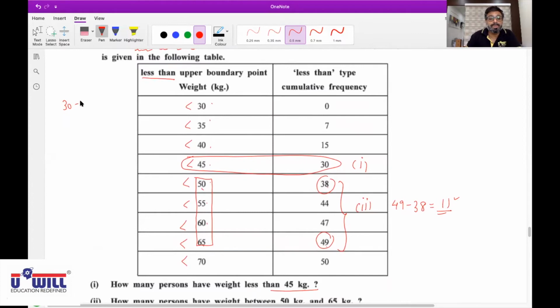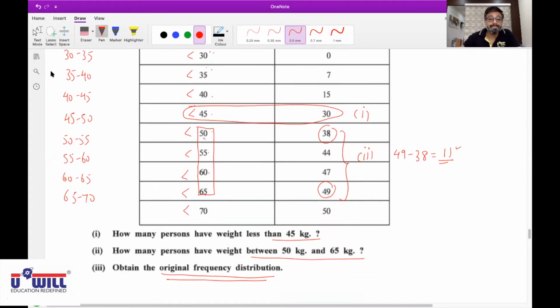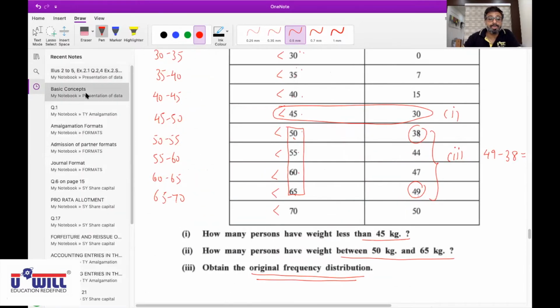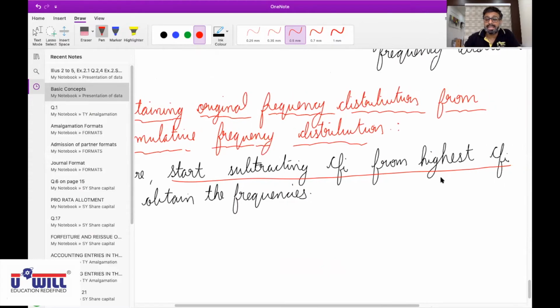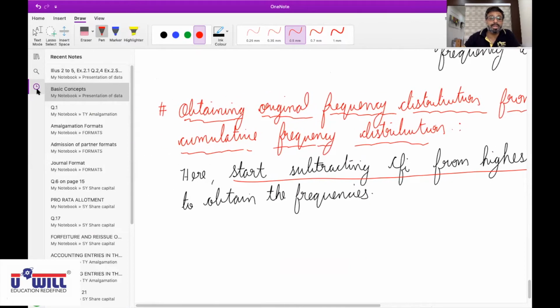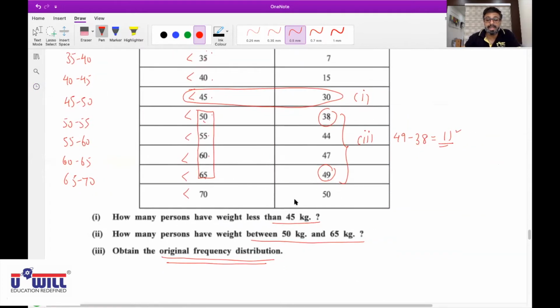Okay, classes you will write as 30 to 35, 35 to 40, 40 to 45, 45 to 50, 50 to 55, 55 to 60, 60 to 65, 65 to 70. Okay, last class. And what did I say just now to you? That you subtract from highest CFI. So that rule we will follow here. We'll subtract from highest CFI. So for 65 to 70,